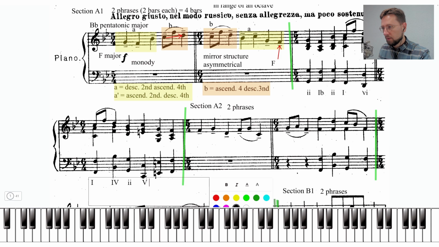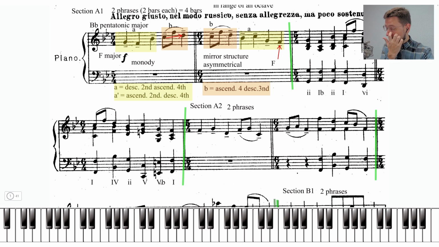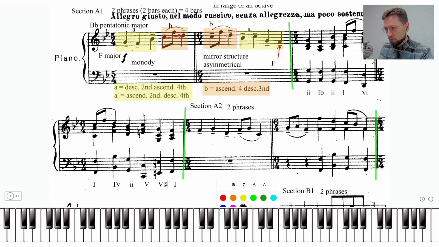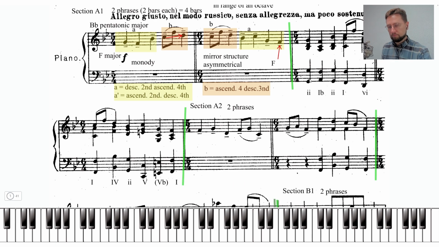And then we have the dominant, first inversion, and tonic. Now this dominant and first inversion, it's really not a structural one. The structural one is the previous. And also here,